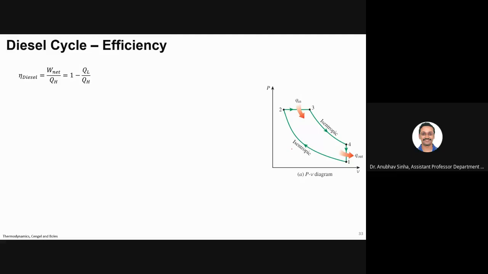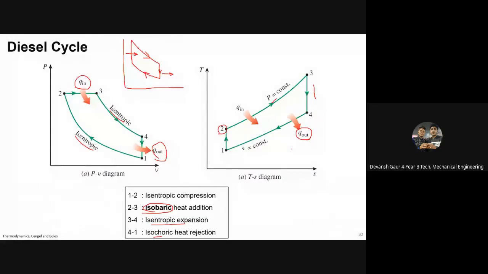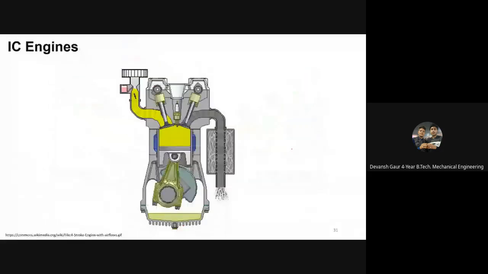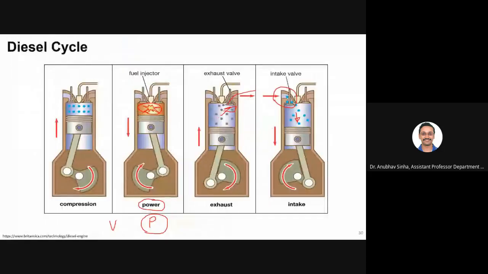Sir, I have a question. In the diesel cycle there is no ignition, so how is heat in happening? Q in, how? There is no ignition, but we are burning fuel, right? That's what I explained. This is auto ignition. As soon as you inject fuel, it will start burning. We don't have an igniter, but this fuel burns on its own.